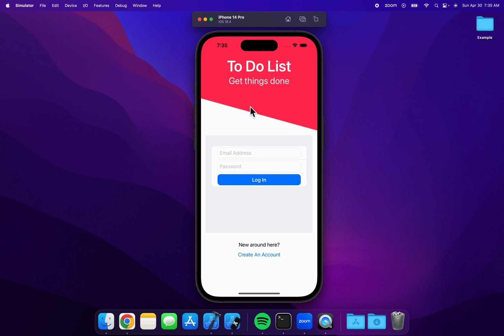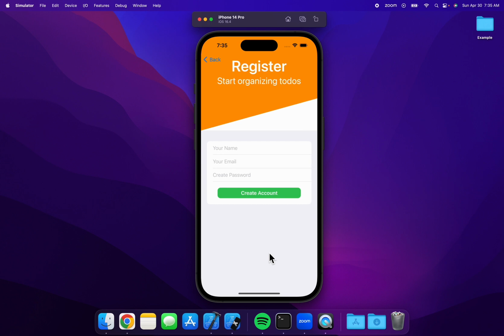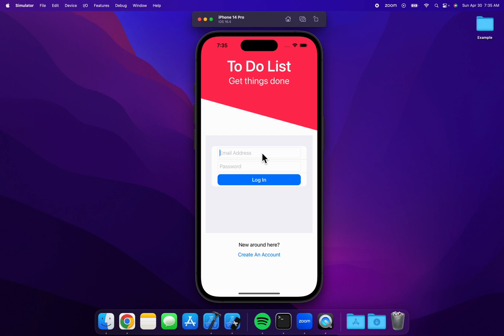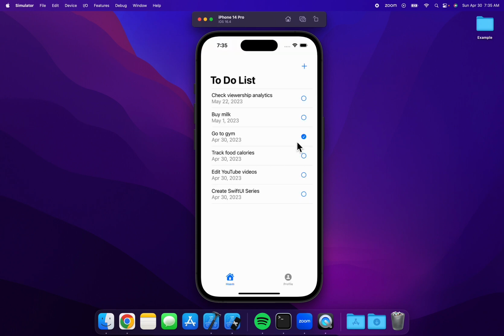So here is the app we're going to put together. It is a full-fledged to-do list app. Here we can log in or register for a new user account. We're going to walk through the semantics of this. Let me go ahead and sign in here since I've previously created an account and take a deeper look. So here we'll type in our email and password, and hopefully I got those right, and boom, we are signed